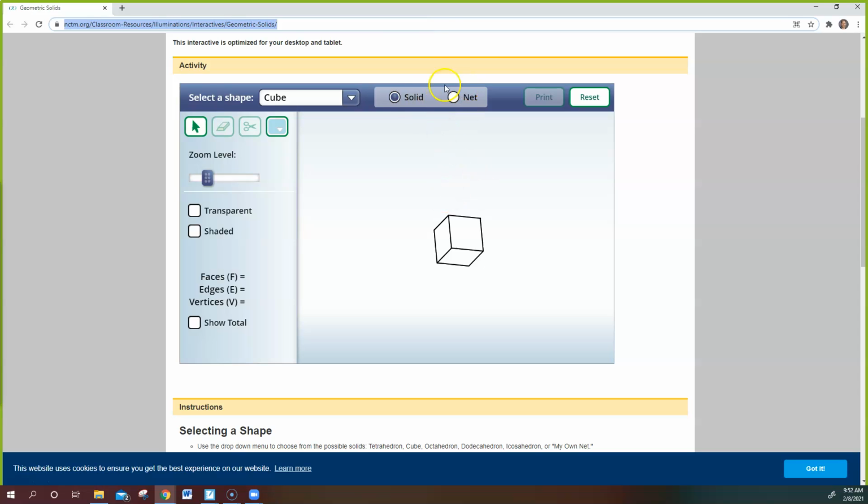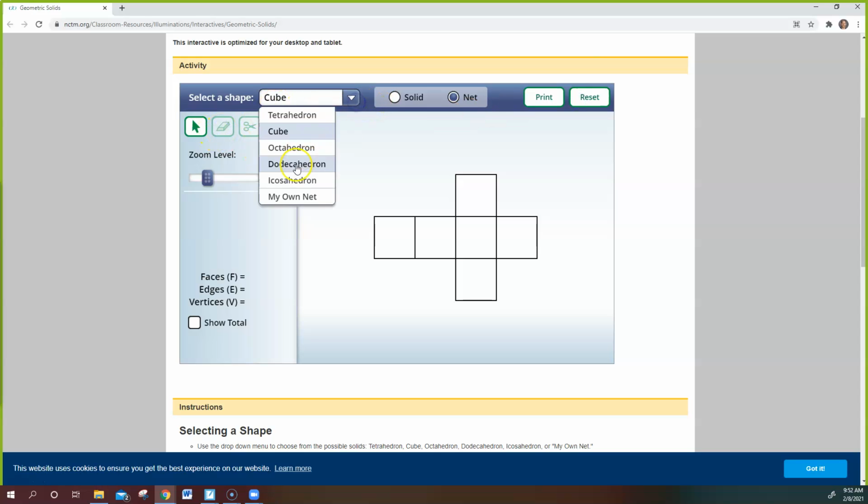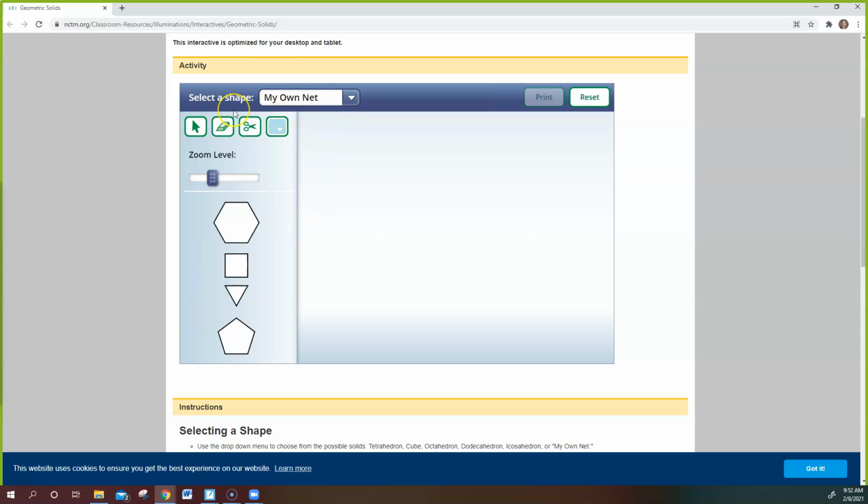Now, you can do this yourself, but what I'd like is for you to play around with this, and we want you to create your own. So what I want you to do is create a net. Yes, this one unfolded, but I'm going to reset, and I want to try to create my own. Oops, that should be down here. So if I hit create my own, then that's what you're going to have to do. So you're going to have to go create your own